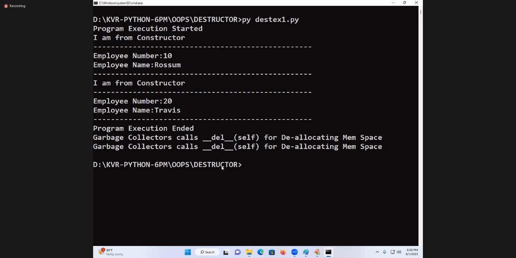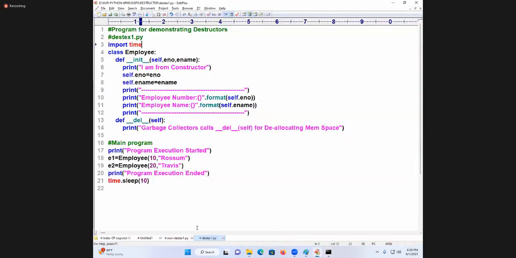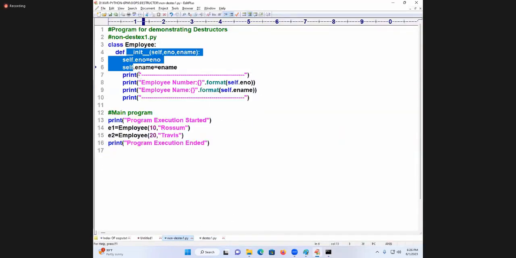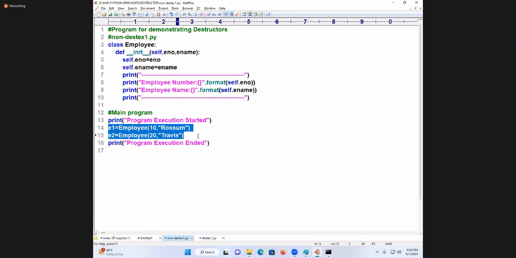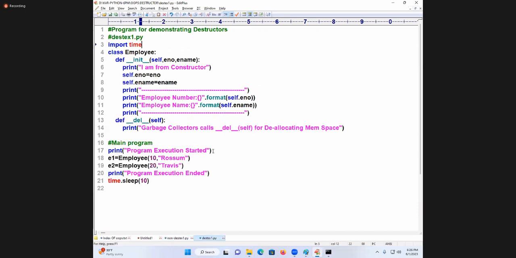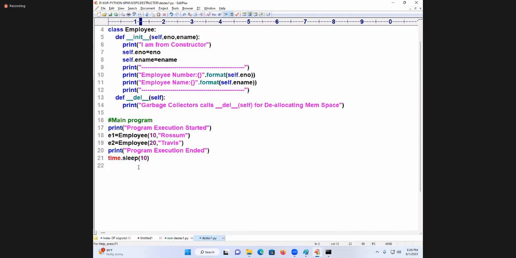Is it necessary to write the destructor in my program? No. Look at my previous program. I did not write any destructor. Did the destructor eliminate this memory space or not? Yes. Is there any special advantage of writing a destructor? No. So, by default, after the program execution